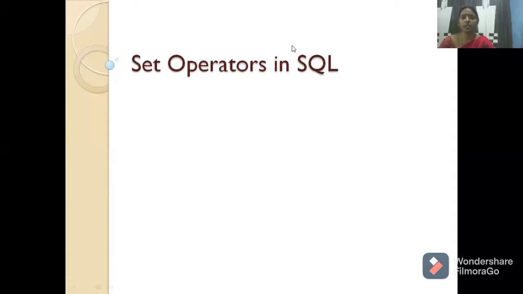In this session, we are going to discuss the set operators in SQL. So, what are the set operators? Like in mathematics, we also have operators in SQL. Some of the operators we have seen: arithmetical, logical, relational. Now, set operators. What are the set operations we have in mathematics, in algebra? That means in the 10th class. So, union, minus, intersection. All those operations you can perform in SQL also.